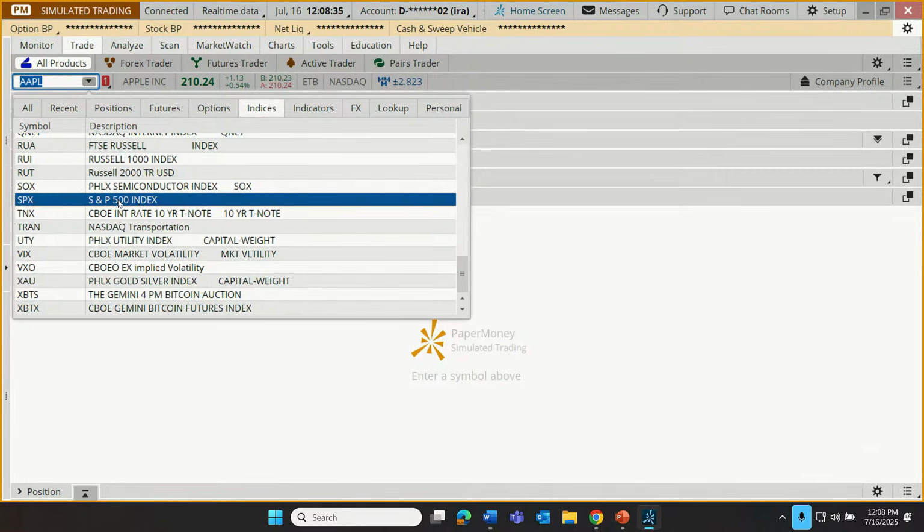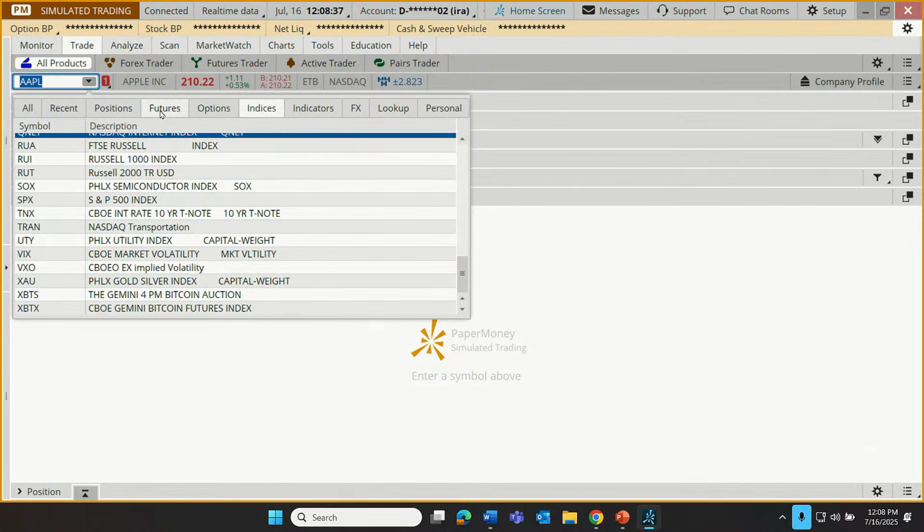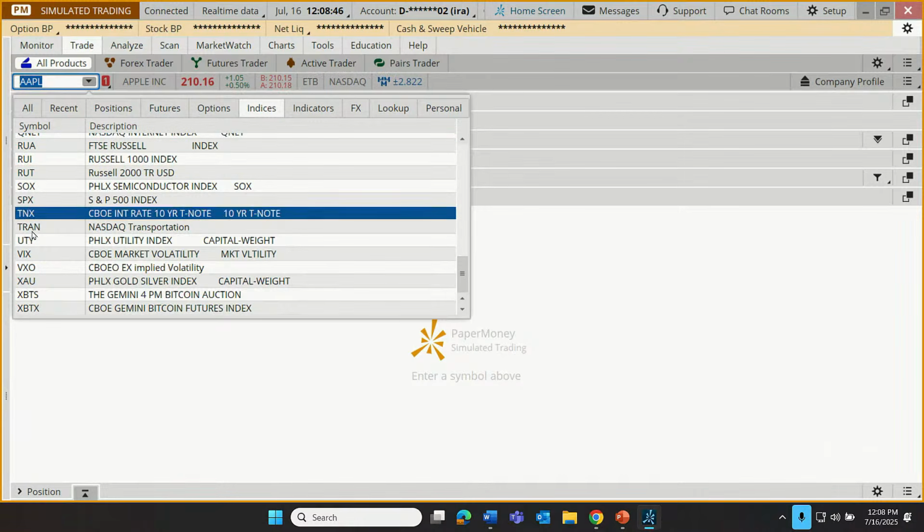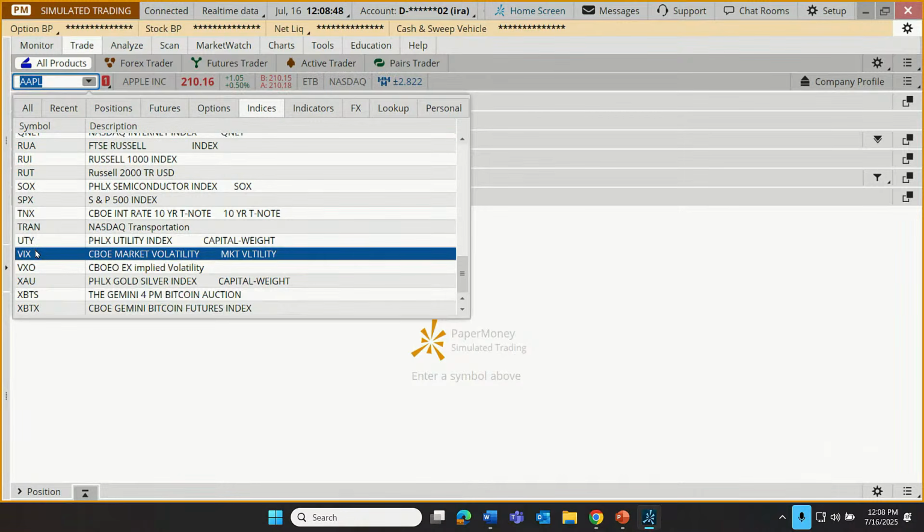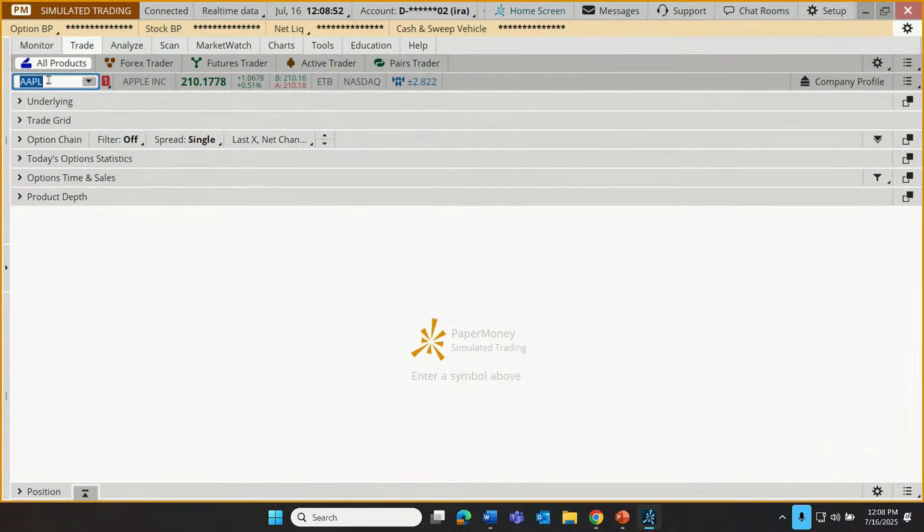There's the S&P 500, and lots of others. It's just a quick tool that gives us access to other quotes and things like that without having to know all the symbols off the top of our heads. There are thousands and thousands of trading symbols. Don't feel the pressure to have to know them all. You can either do a search up here, or you can use this drop-down menu, and that'll give you access to maybe some of those more commonly used symbols.